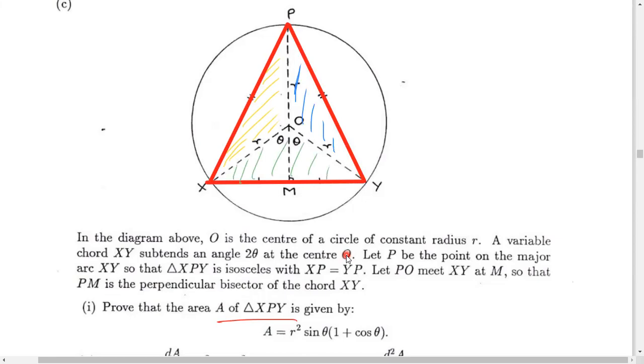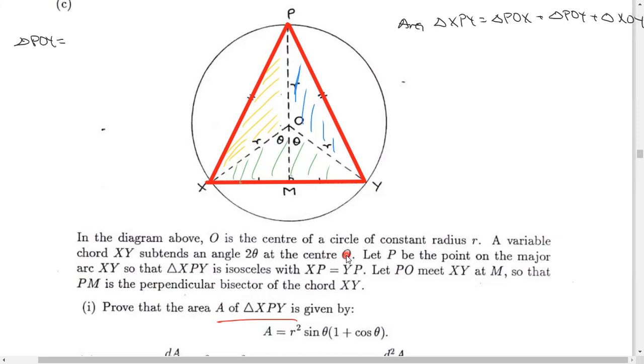So what I'm really saying is the area of triangle XPY can be thought of as the sum of the area of, so I'll just leave out area, but basically it's triangle POX plus triangle POY plus triangle XOY. Okay, so if we can work out all three of those independently and then add them up, then we should get the right answer. So triangle POY,